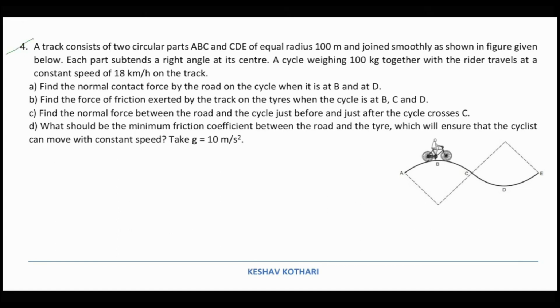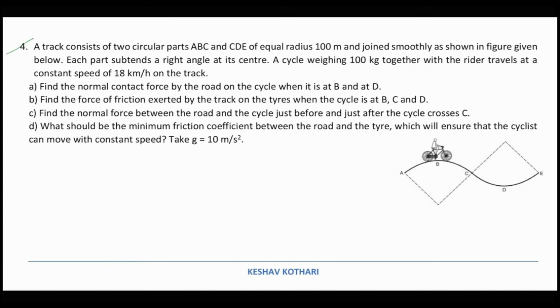Question number 4. The question is saying a track consists of two circular parts, A, B, C and C, D, E, of equal radius 100 meter and joined smoothly as shown in the figure given below. Each part subtends a right angle at its center. A cycle weighing 100 kg together with the rider travels at a constant speed of 18 km per hour on